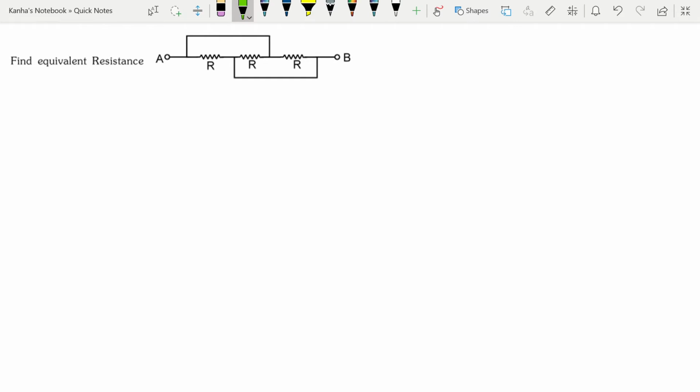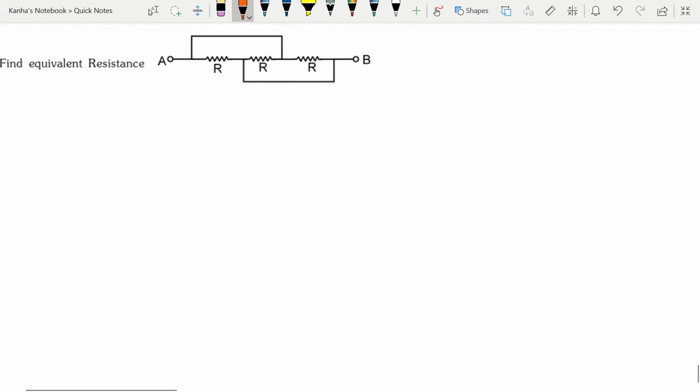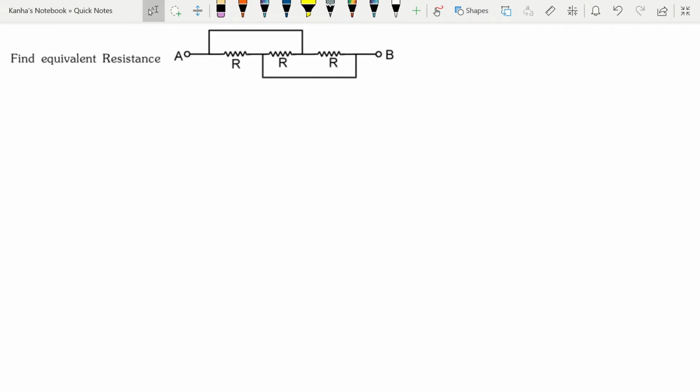Let's look at a question to find the equivalent resistance. So how do you find these things? We have to find the equivalent resistance between the point A and the point B. So in order to do that, let's assign the number 1 to A. Everything that is connected to this wire before encountering some resistance or a battery will be given the same potential. So this is the potential 1.